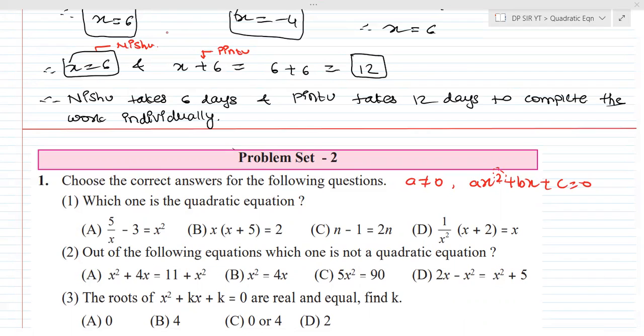Which one of the following is a quadratic equation? See, x square is here, and x into x square is also here, not a big deal. But this x and this x, just check, come on. This doesn't look like one to me. In C, 2x comes over here, so plus x makes 3x, so this also doesn't fit. So this is also eliminated.